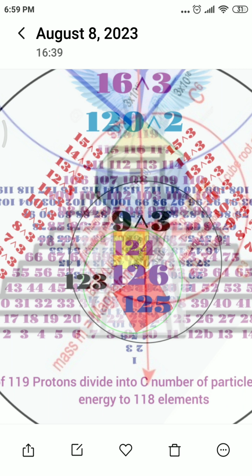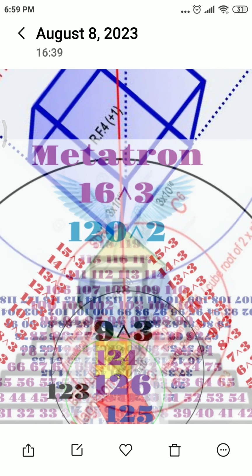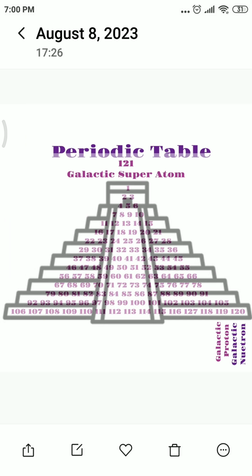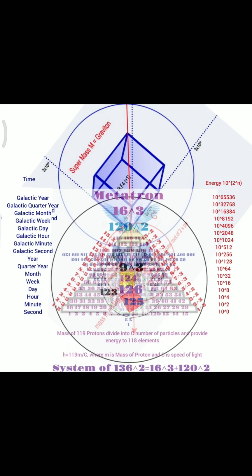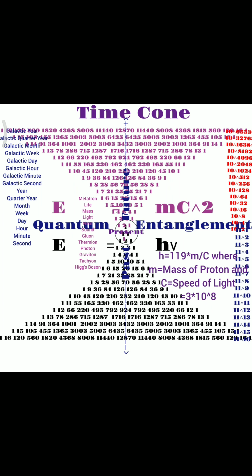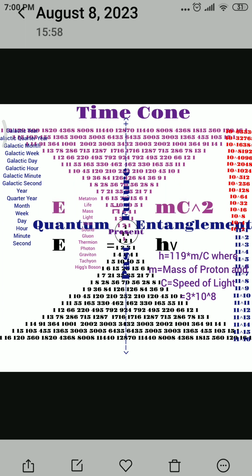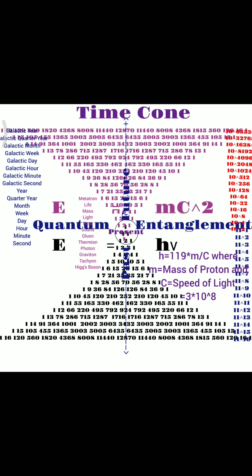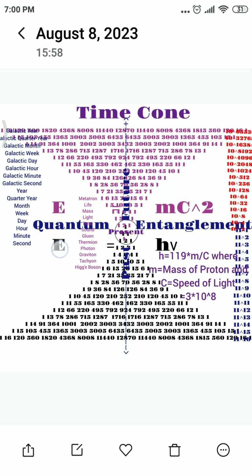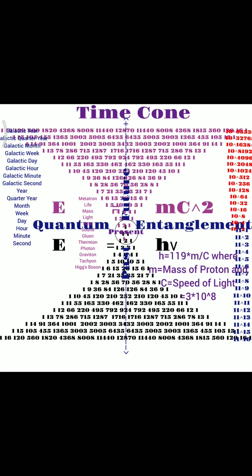So 121 is the atom. For those who don't know much about physics, let me explain. The energy in the relativistic world, which Einstein came up with this formula, is given by mc squared, where m is mass and c is the speed of light. And in the quantum world, the energy is given by h nu, where h is called Planck's constant. And in